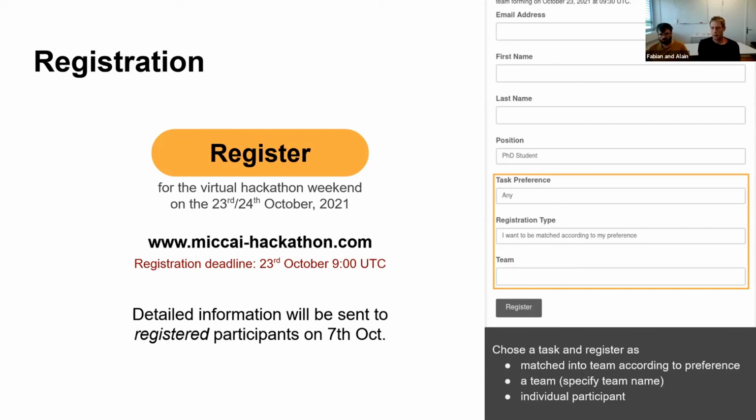An important note here is that if you want to register as a team, each team member should register individually and use the same team name here. That's easier for us to do the matching directly. Also, it's possible to update your registration details. You will get a link when you register that you can always use to edit these fields. So if you want to change the task next week or in 2 weeks, that's not an issue. Also, if you form a team during that period, you can do that easily.